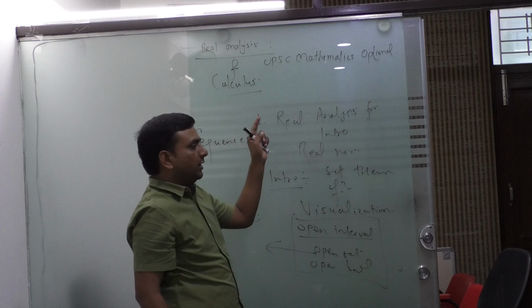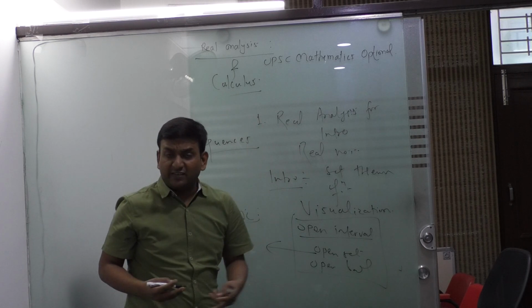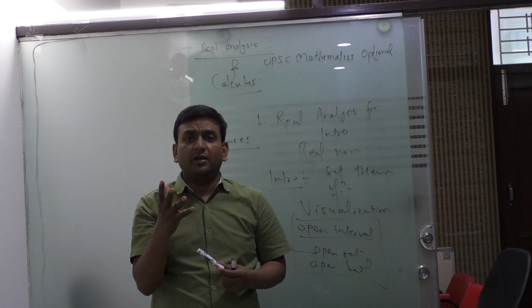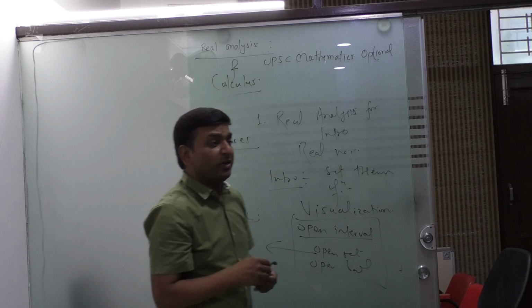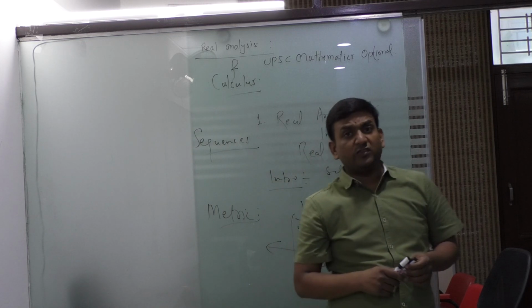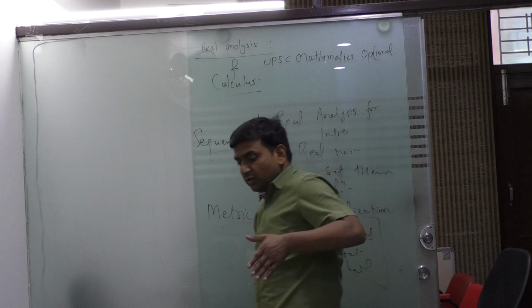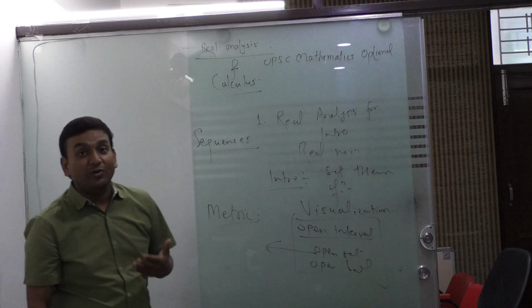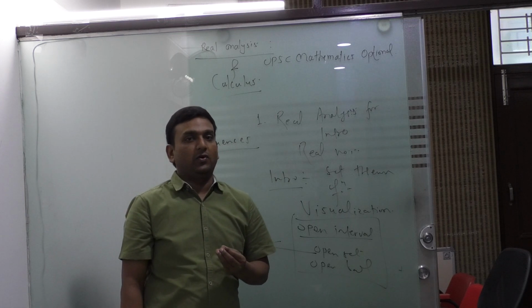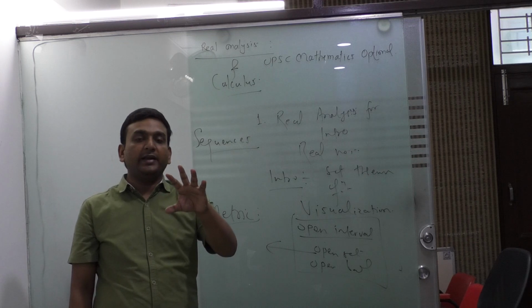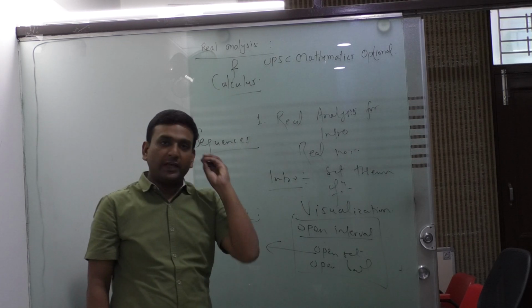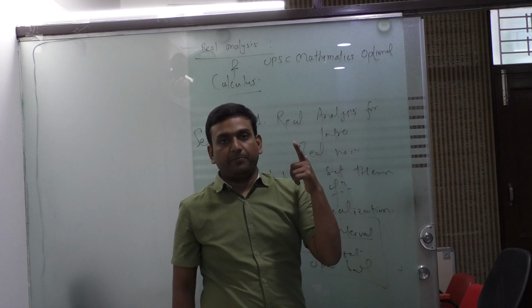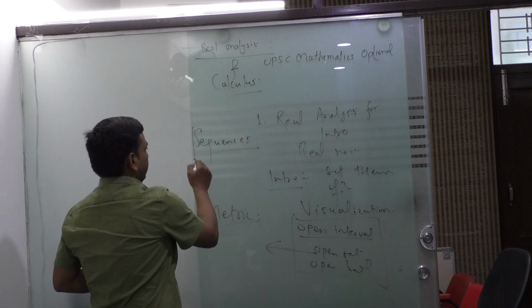So the first topic will be real numbers, the other will be sets: open sets, closed sets, countability. It's a very good concept, but believe me, during my undergrad, I was never able to visualize that. But I went through the Bartle and Sherbert book, then I got to know how countability is a very beautiful concept. So there is some set of content, some set of information, which we need to carry on to understand open sets, closed sets and countability. After that we will move on to sequences.